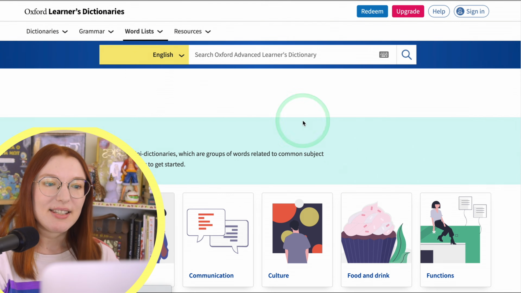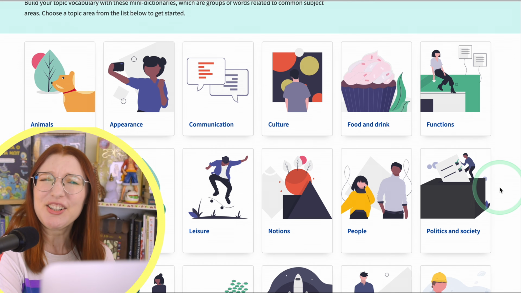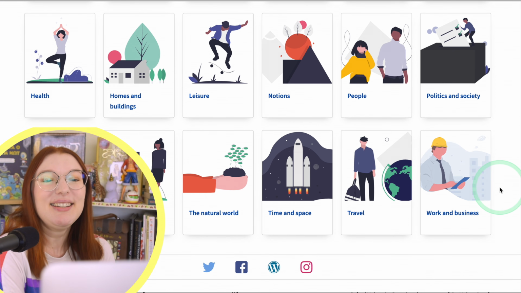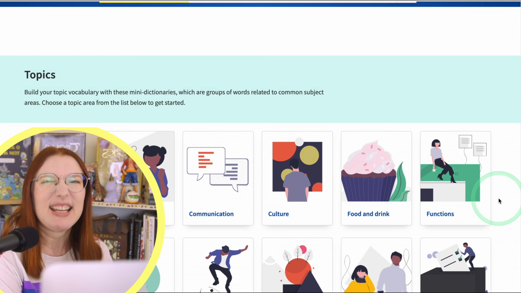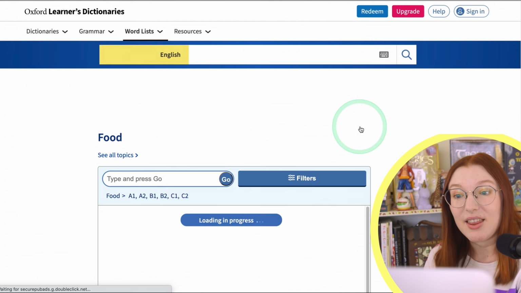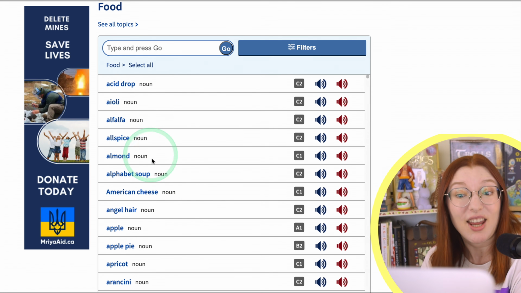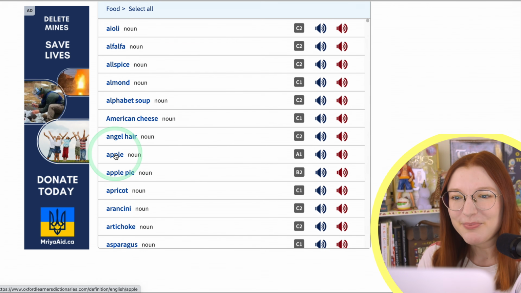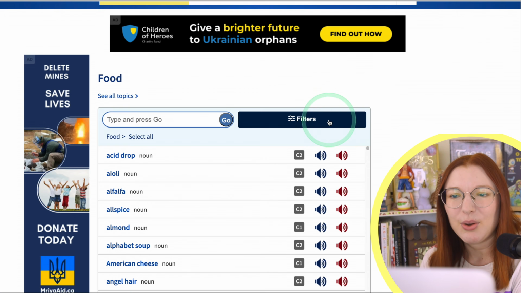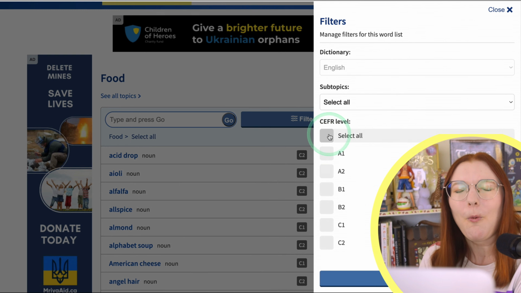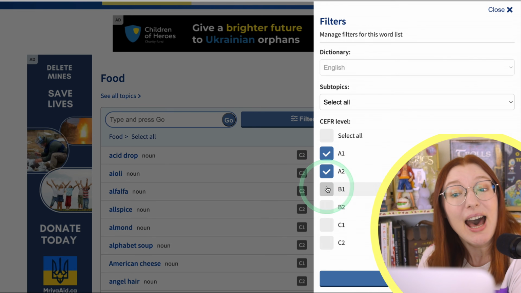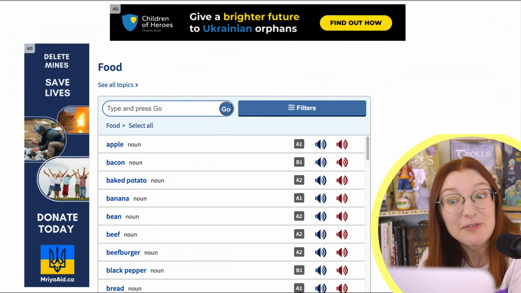If you want to fill in some gaps in your vocabulary knowledge on the most common topics, this is a place for you. You can see the word, its part of speech, its level, and its pronunciation. To learn more, just tap the word. You can use filters to find all the words on a specific topic of a certain level. Once again, it's a very useful resource for all of you preparing for an English exam.